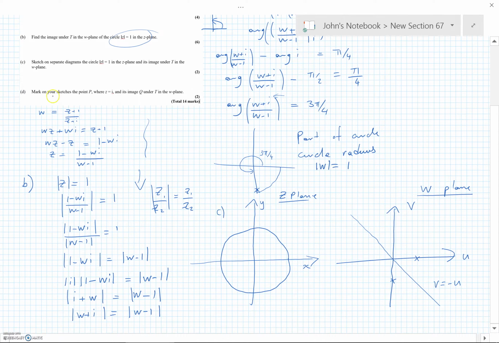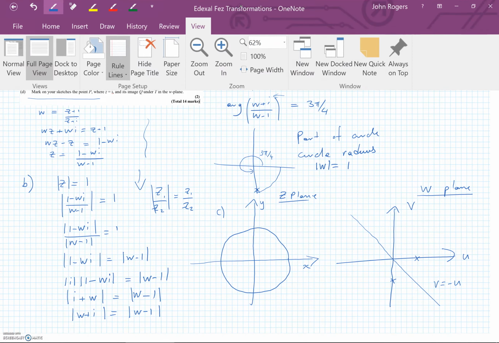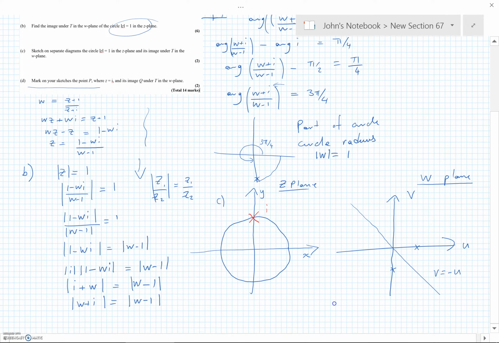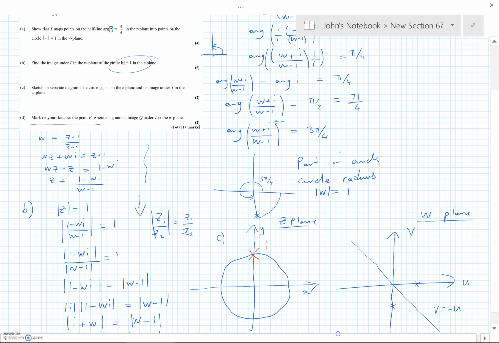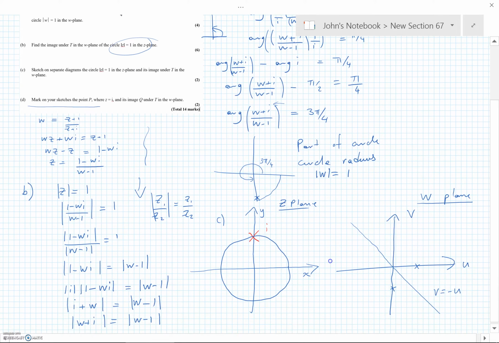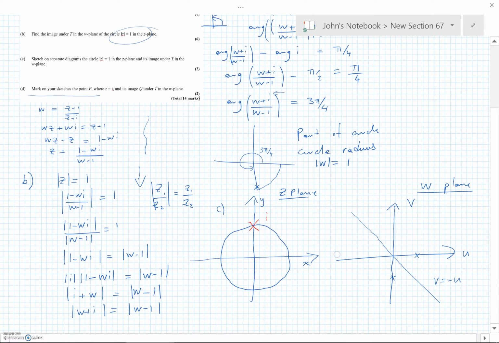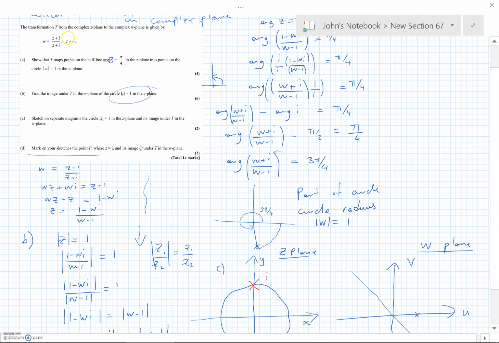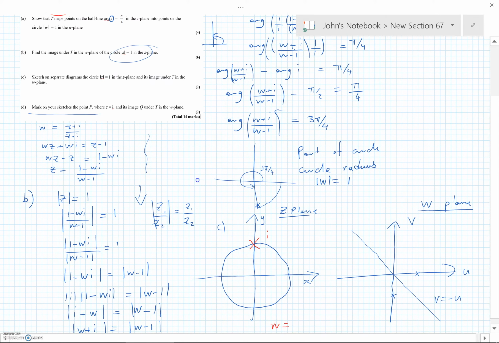For part D, it says mark on your sketch the point P where Z is equal to i. Right, okay, not a problem. Yeah, let's do it in red. Just that's Z equals i. There we go. And then it says, and its image in our diagram. So if we put i into our original, into this here, we have